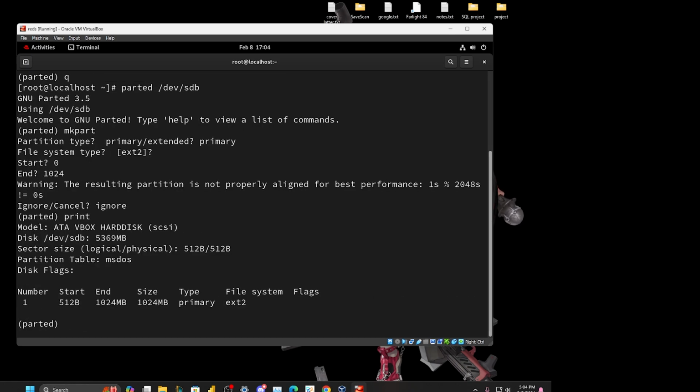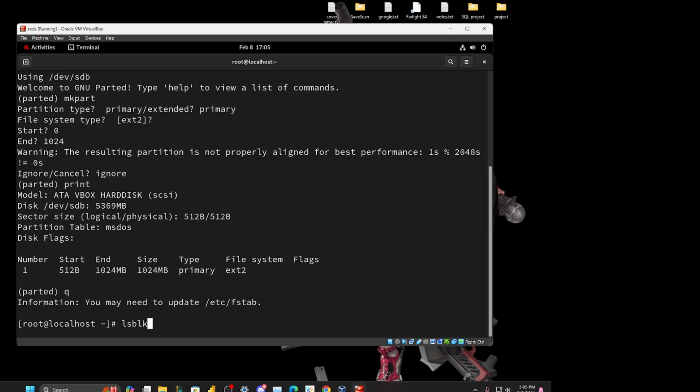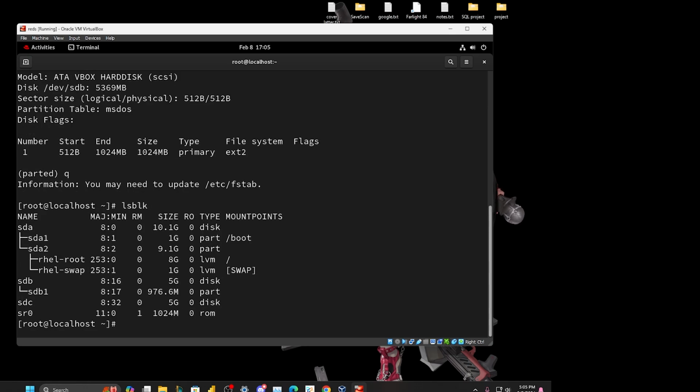Once you type print, you will see a partition that is number 1 and starts with this byte and ends with this, and total size is this, type is primary, file system type is this, and flag is etc. So you successfully created the partition, and the moment you create the partition here, it is also listed on your system. So that means if you quit from here and type lsblk, then you will see there is sdb1 there, with the size of